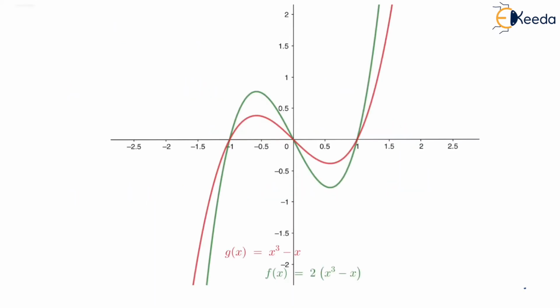So we can see that the initial graph we had is x cube minus x, whereas the change we have made is 2 times x cube minus x. So in that case, we have changed our initial graph y equal to g of x to y equal to 2 times g of x. And since 2 is greater than 1, the mod value is greater than 1, so there will be a vertical stretching.